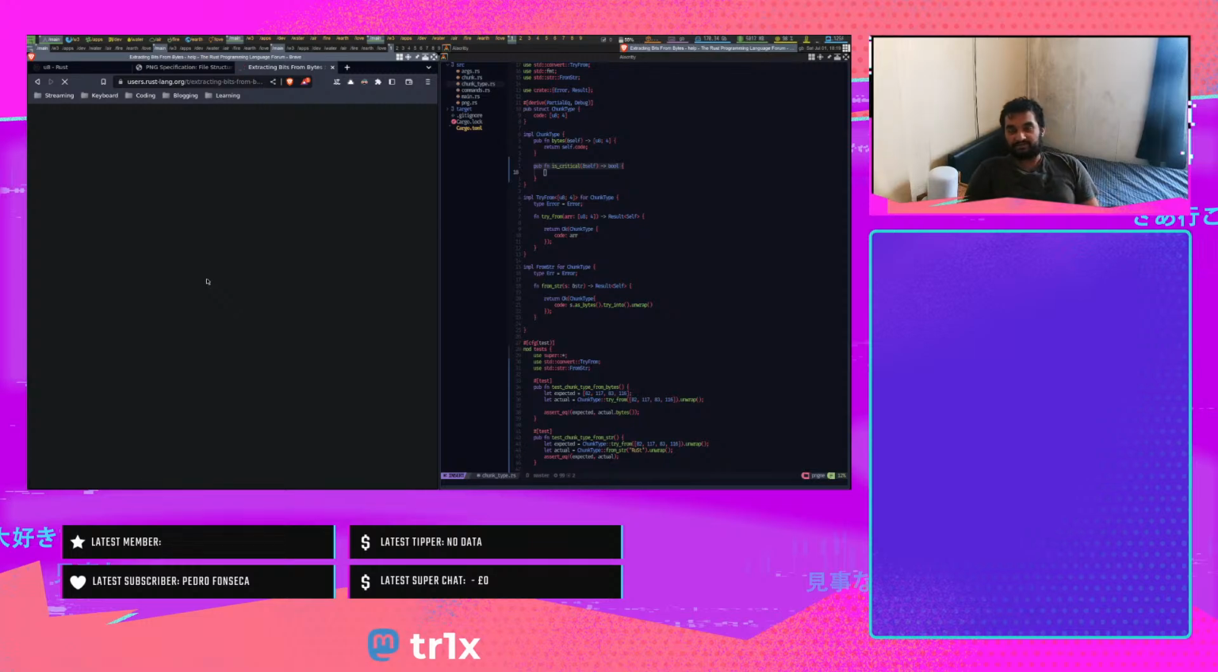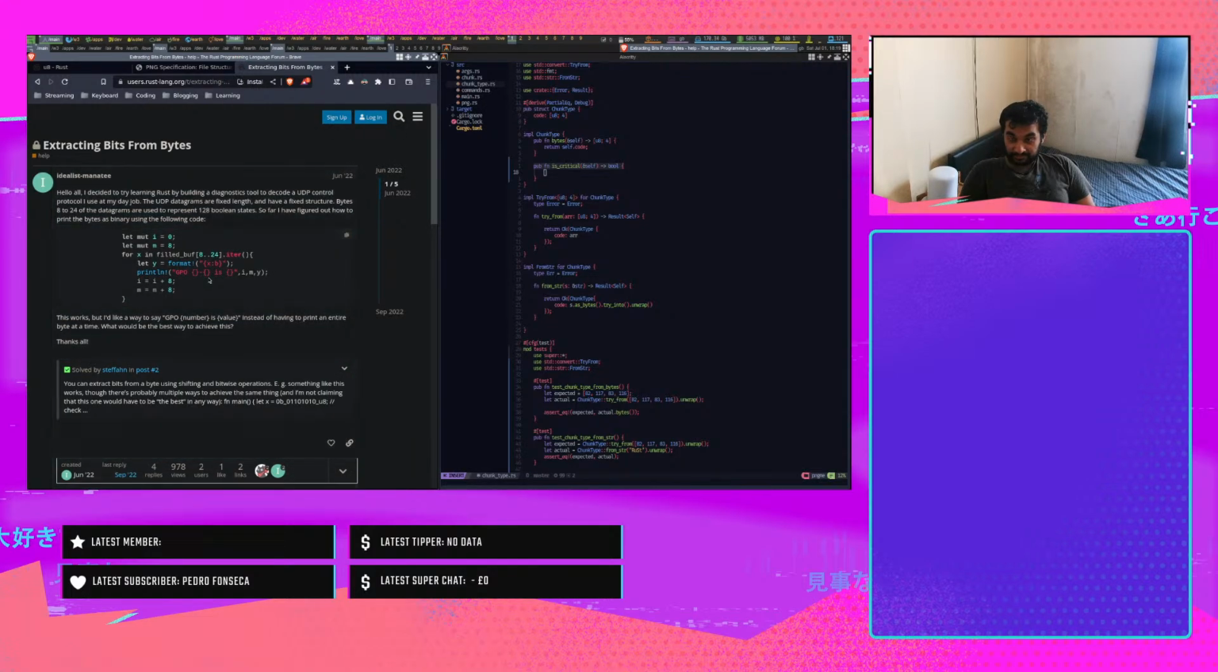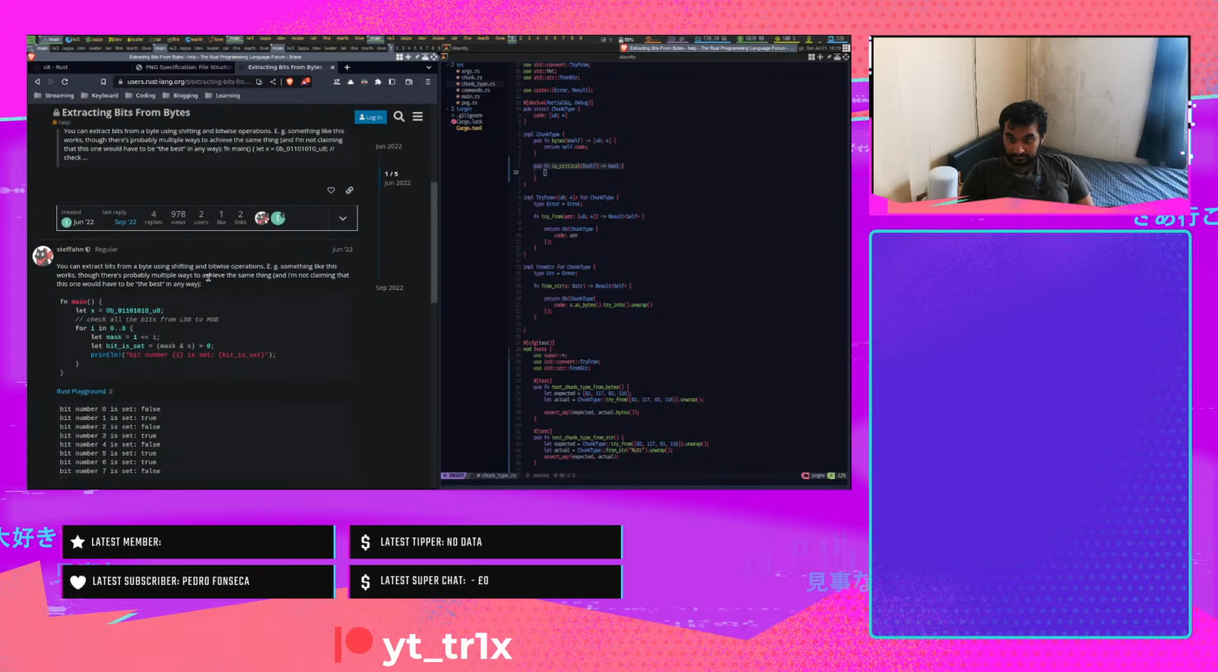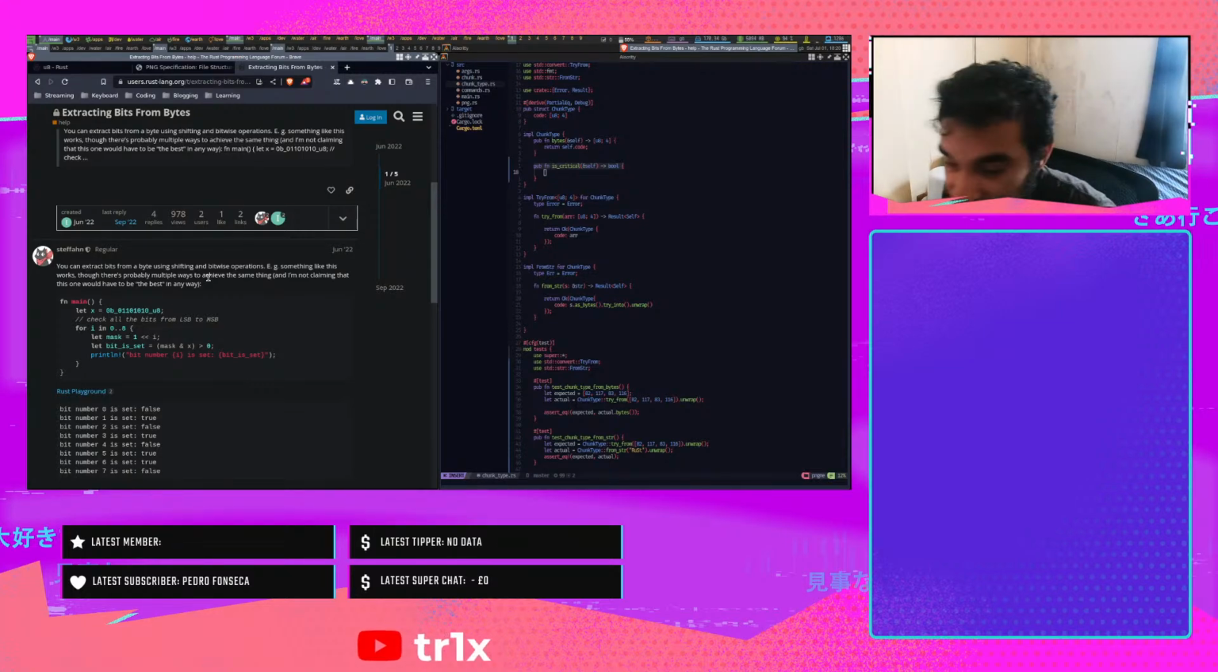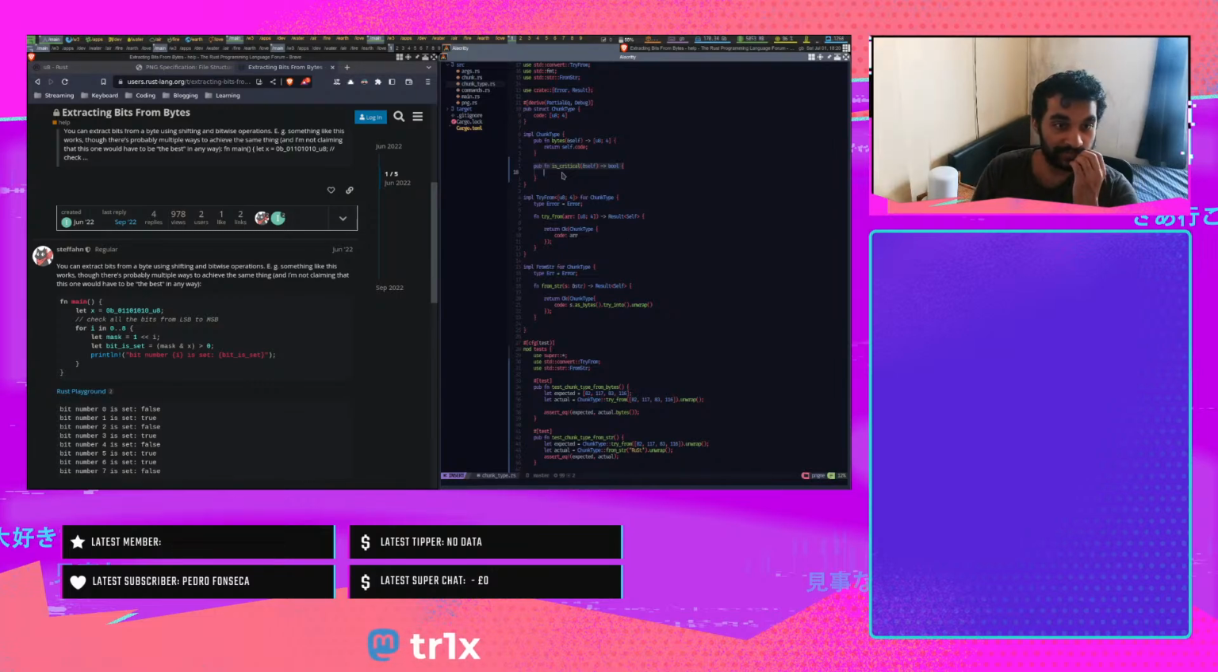Extracting bits from bytes, there we go. Because I just need to check if that 5th bit is on or off, right? Mask and x. Okay, so I just need to check the first byte, right? So that'll just be